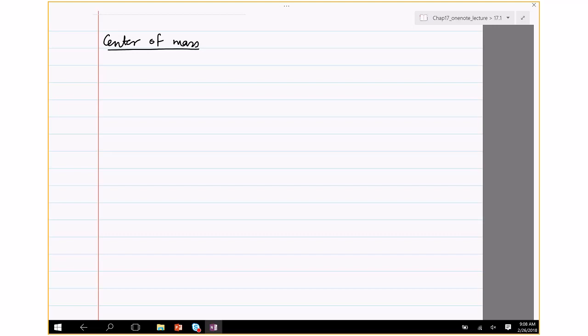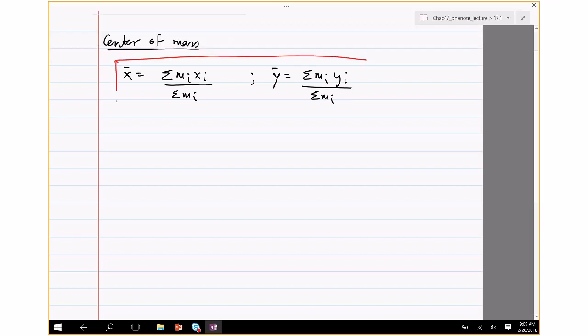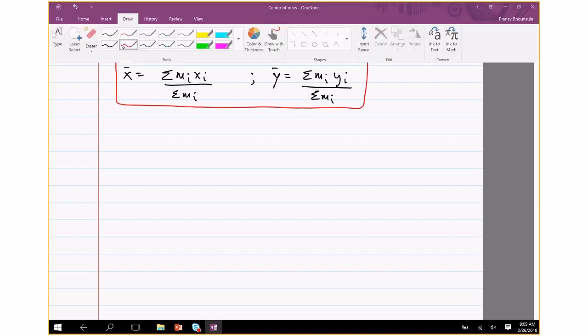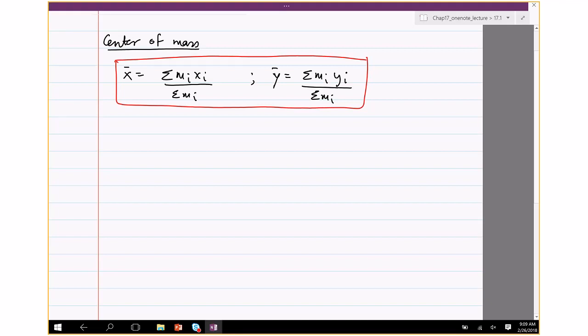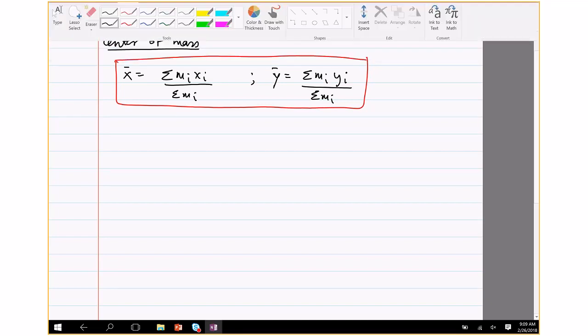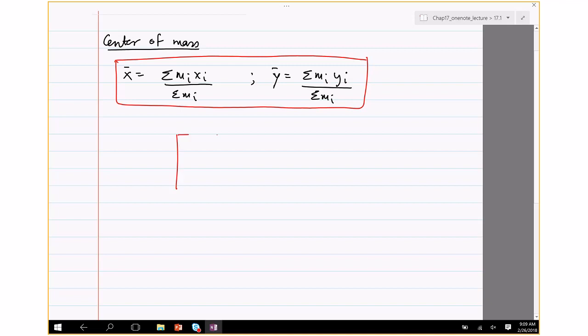The formula for that is x bar is summation m_i x_i divided by summation m_i, and y bar is summation m_i y_i divided by summation m_i. Okay, I think it's best to illustrate this through an example, but here is what I mean by